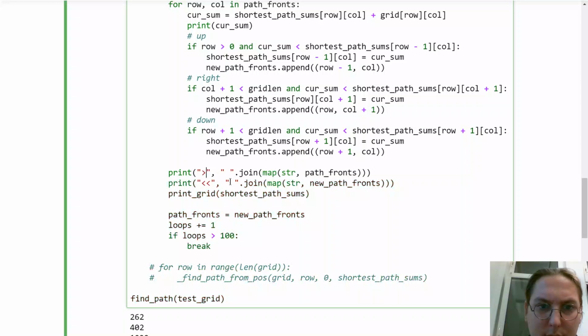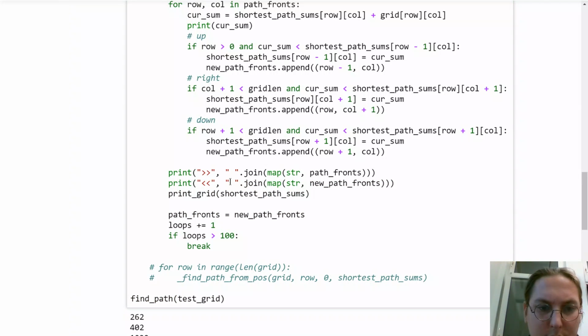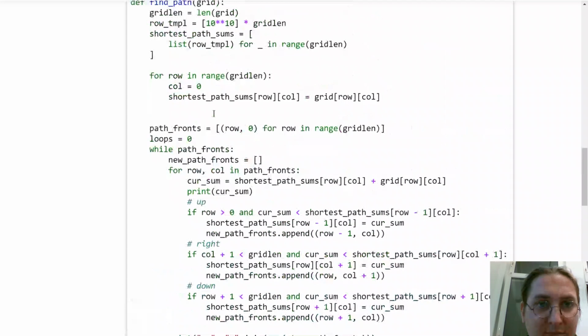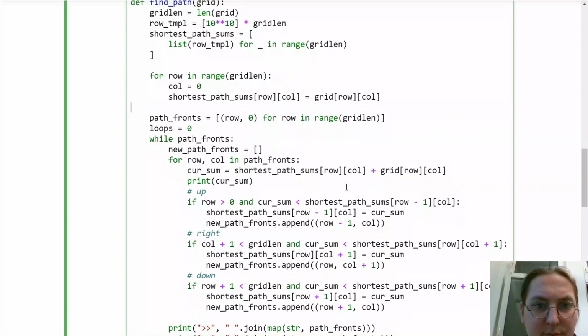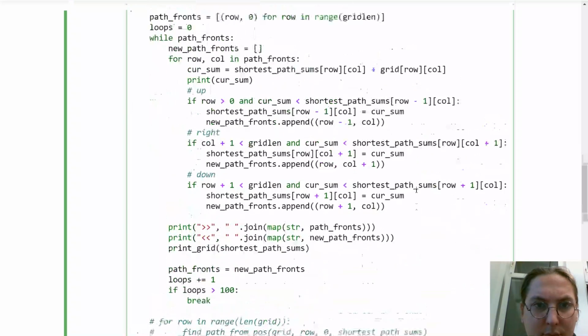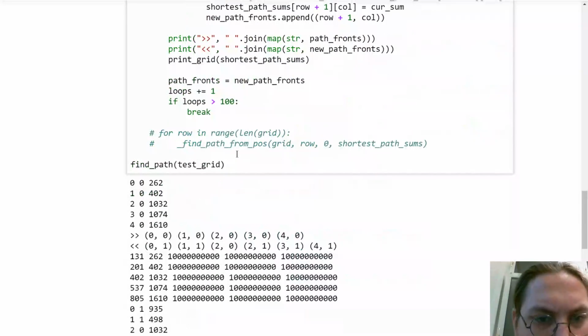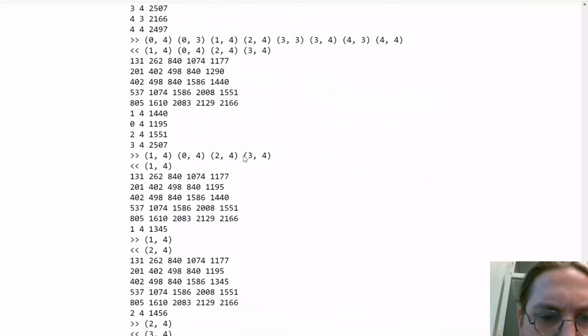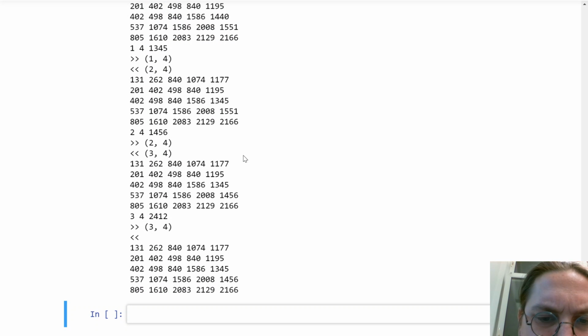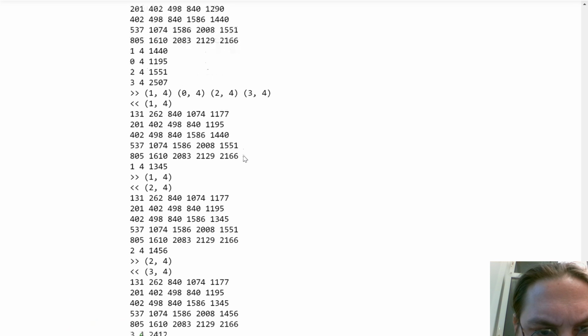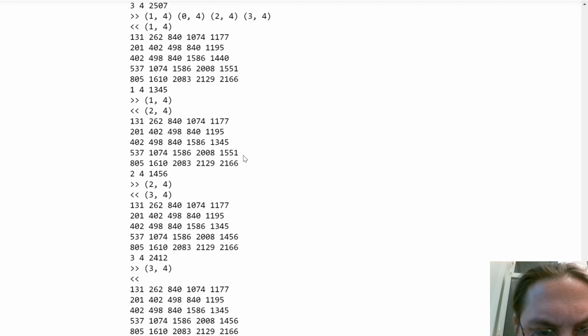You're going through, you have row 0, column 0, you have only numbers. On column 1, you fill in the sum of everything left. That's the shortest path from this cell to the left. To the left, yeah. Exactly. You fill it all,